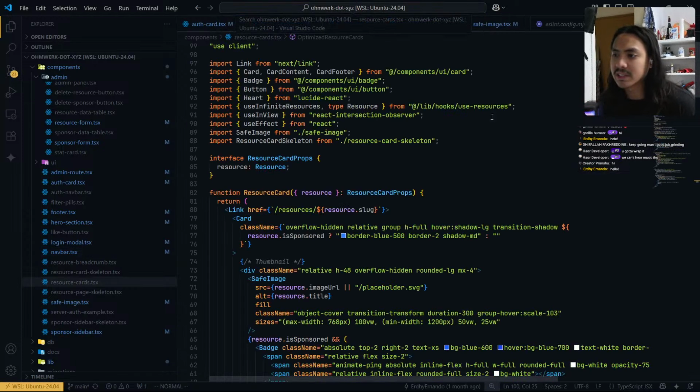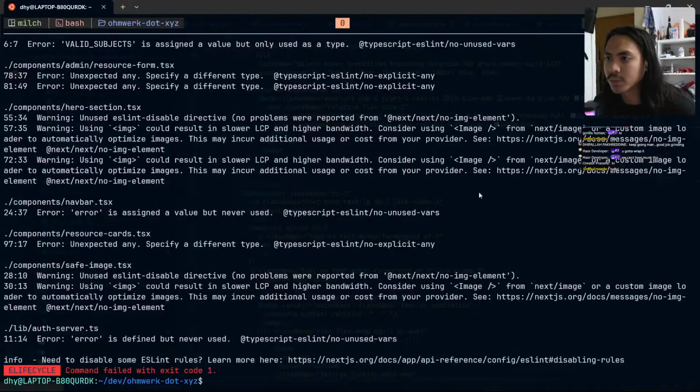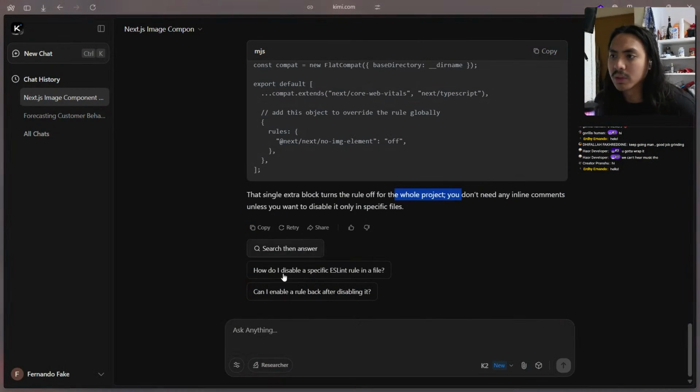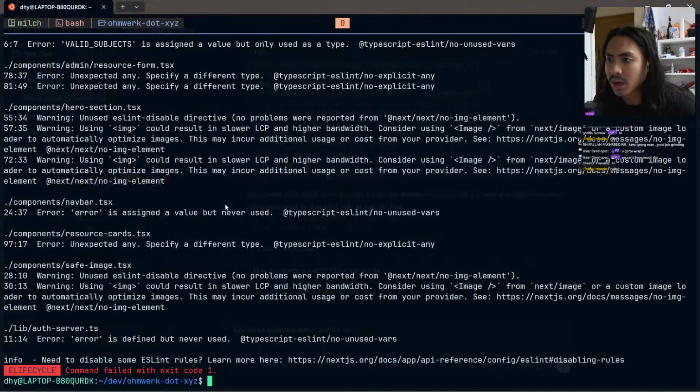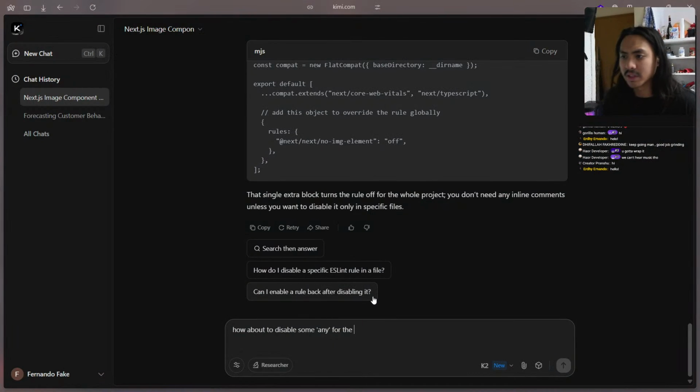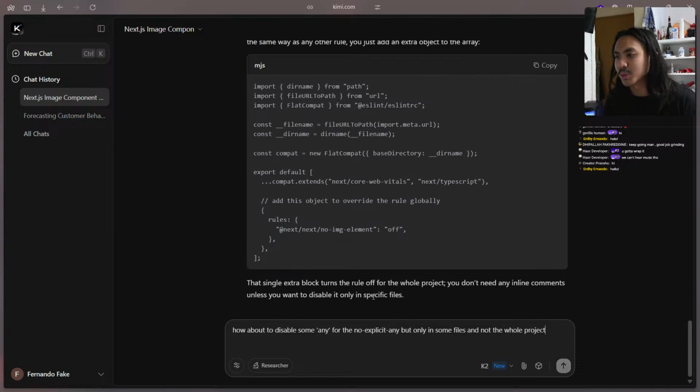Can I use the ESLint ignore? How to use ESLint ignore? How about disable? No explicit any. I know, any is not good, but